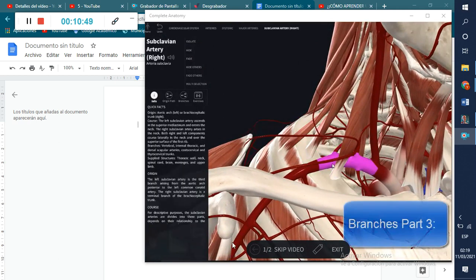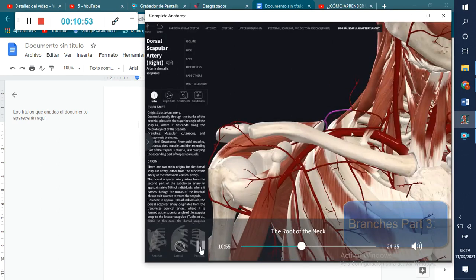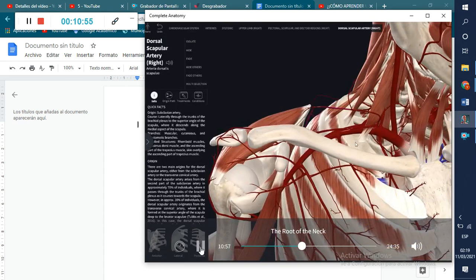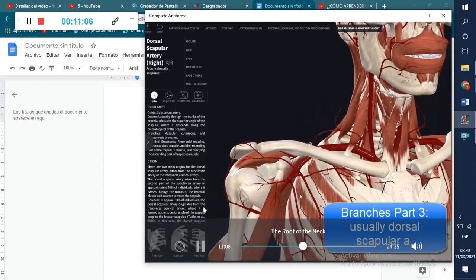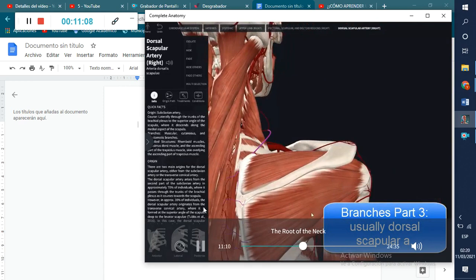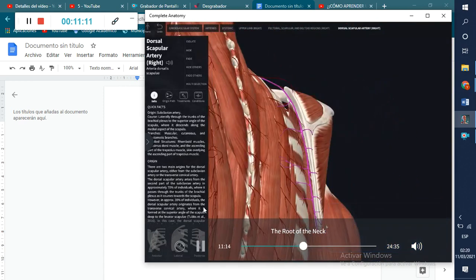Next is the third part of the subclavian artery. So from the third part, at least usually, in the software here it's depicted as a variant, but usually you would have the dorsal scapular artery, which is highlighted here in pink, and it would be going all the way over here. You can see how it supplies the medial margin of the scapula, goes all the way down here,